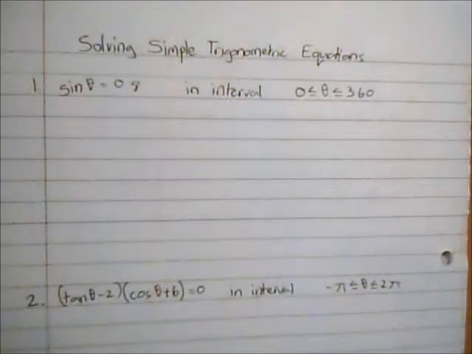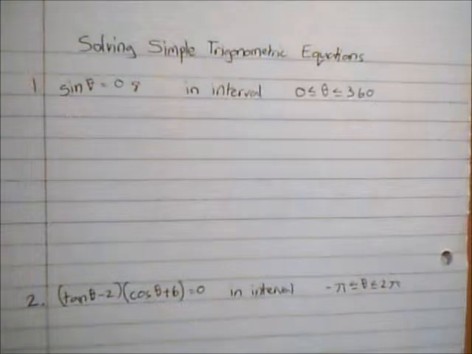In this video we're going to look at how to solve simple trigonometric equations. So this first one, we're asked to find where sine theta is equal to 0.8, and we're given an interval, and the reason we need to be given an interval is because there's going to be an infinite number of solutions to this, and we're only restricted to the ones that lie within the first full revolution, so between 0